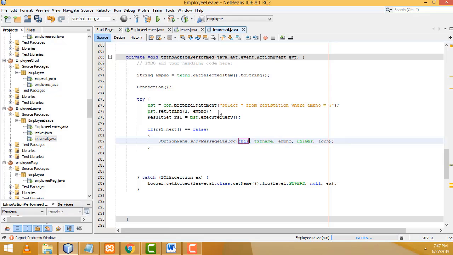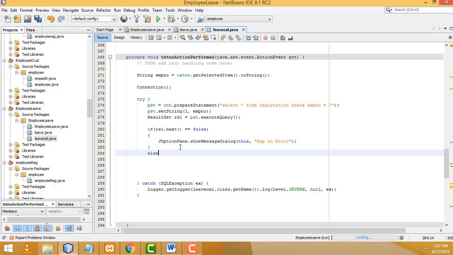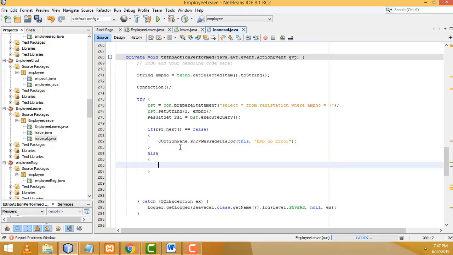We have to write the message here as employee number error. Otherwise, in the else part, first you have to check whether the employee number is available or not. So if it is not available, employee number error. Otherwise you have to write a string,